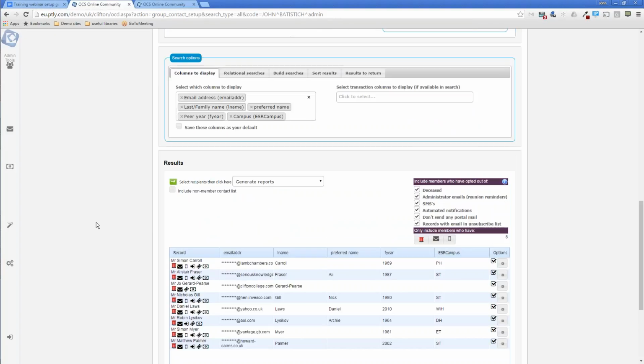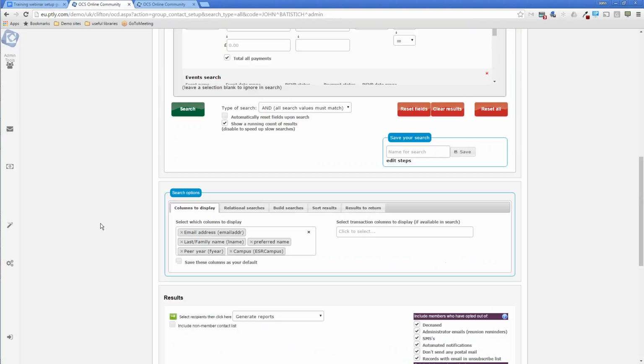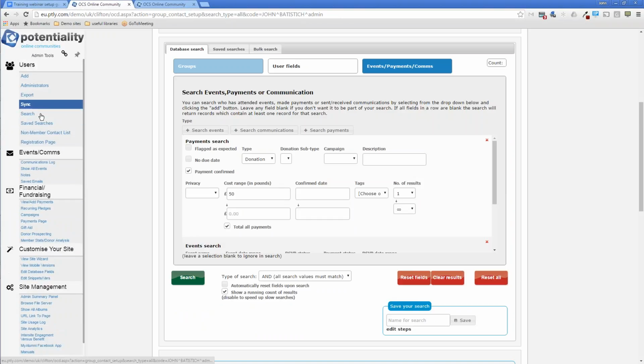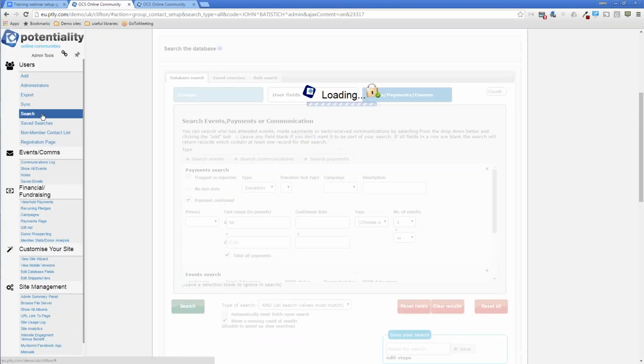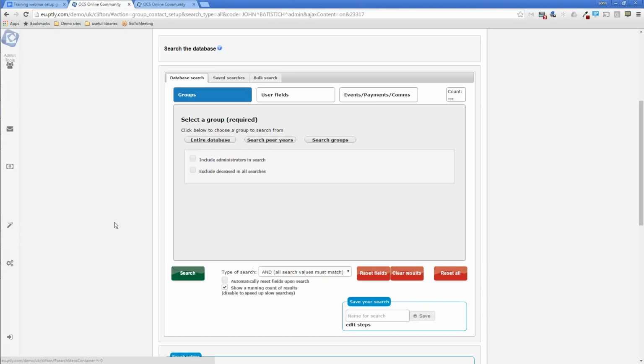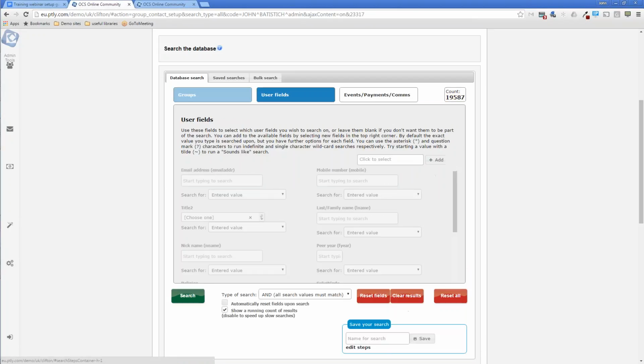Okay, so now what we can start looking at is running some more sophisticated searches. So what we will do here is just reload the page and reset everything so we can now run some more sophisticated searches. What we'll try doing now is building searches, and so let's perhaps run a search on the entire database and